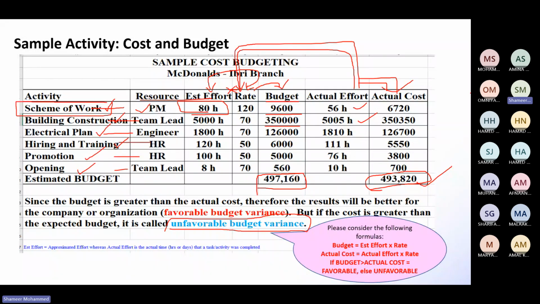My dear students, please tell me. Can you hear me? Maybe it's not favorable. Why not favorable? You see here, what is this one? This is budget. And what is this? Actual cost. And what is the formula here? See,